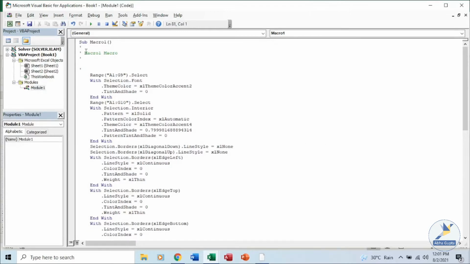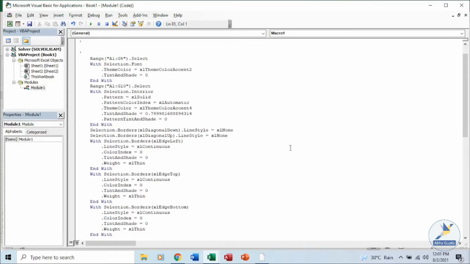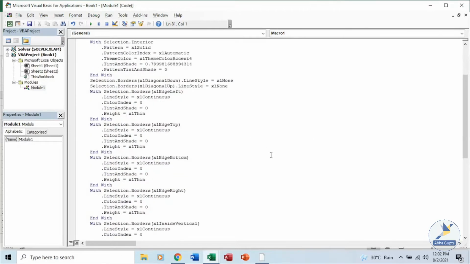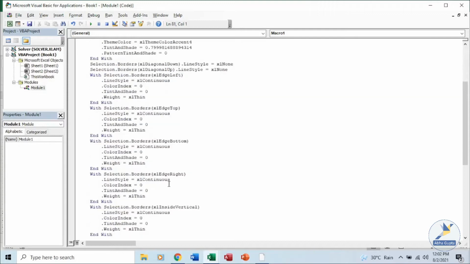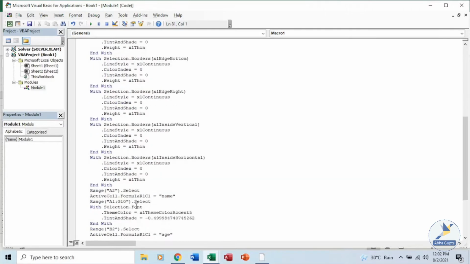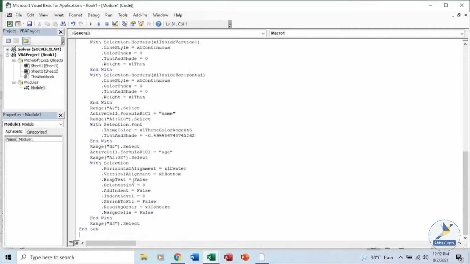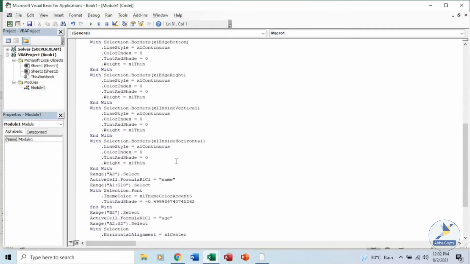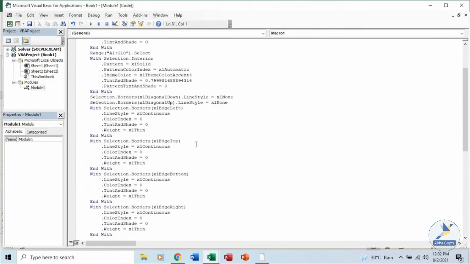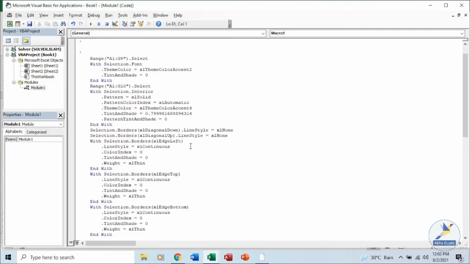This is macro 1. You can see over here, with the selection we have, I've already told you these things. You can see the different properties for the cells. We have changed the colors, borders, some different color, line style, all those things are available. Same thing we can also do. We can write our own code for the macro, and this is what we are going to do over here.